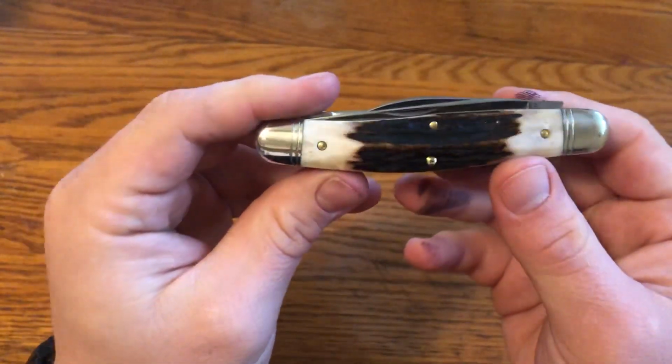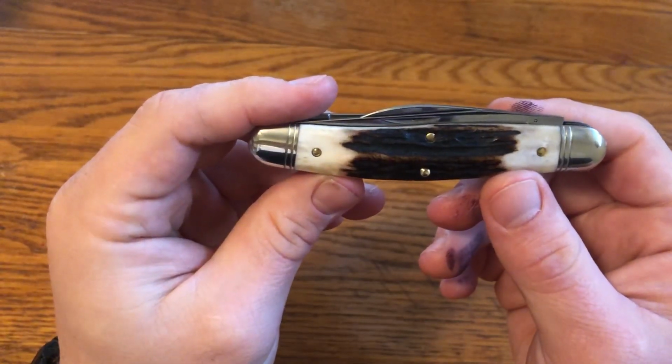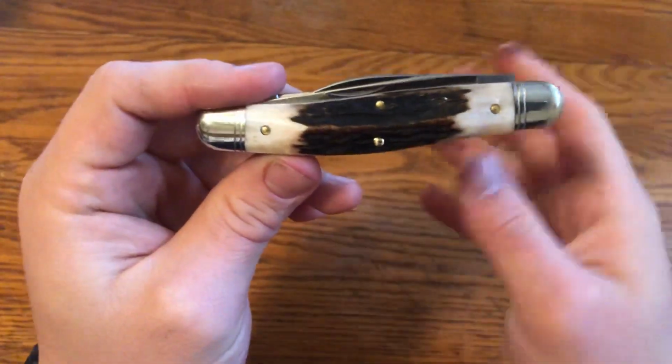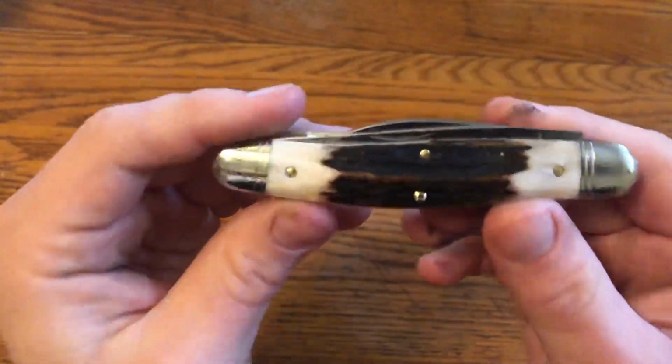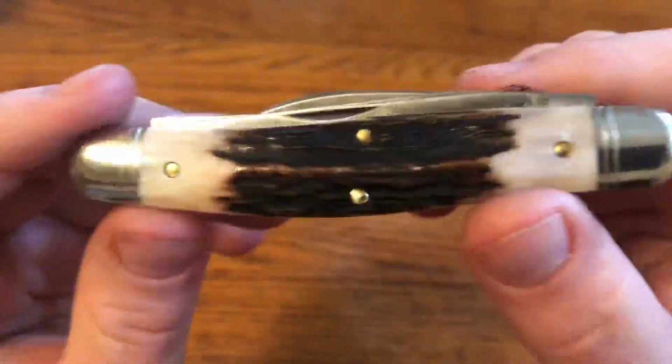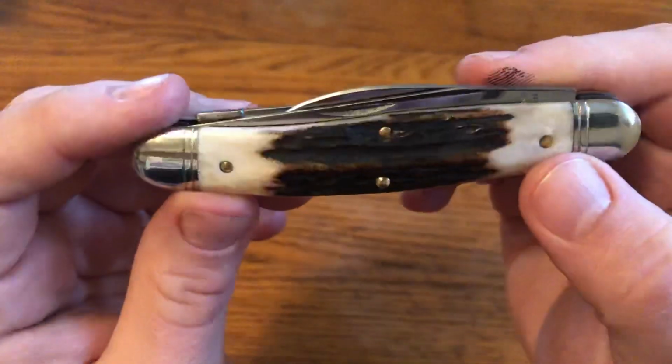Now, this is the Stag version. There were fewer of these made, and most of the dealers only got fewer than 10 of these, so they were somewhat difficult to get. But the Stag that I got is really, really nice. I was very happy to be able to look at pictures of the knives, and boy, this is a nice